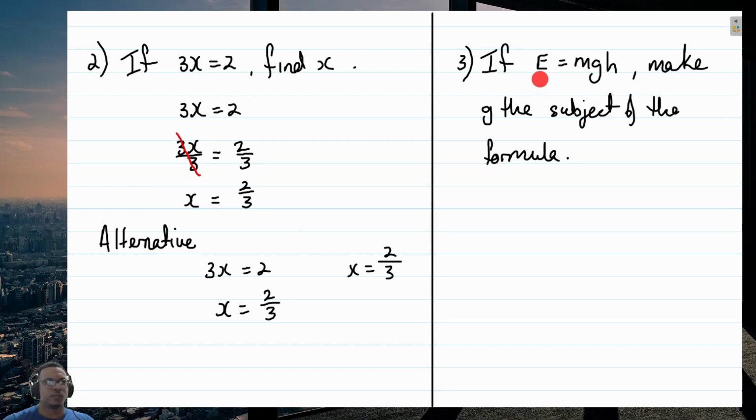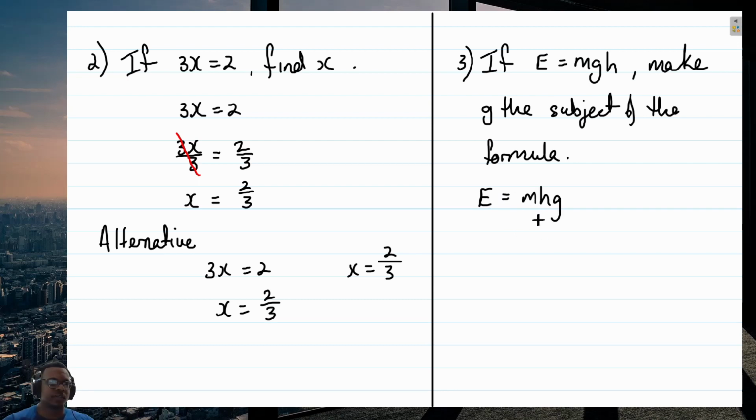In this question, we have E is equal to M multiplied by G multiplied by H. Now we want to make G the subject of the formula, which means to transpose for G or find G. So what we want to do is take the M and the H and move it across on the other side of the equal sign. Now since the operation between M, G and H is multiplication, we can rewrite the question as E is equal to